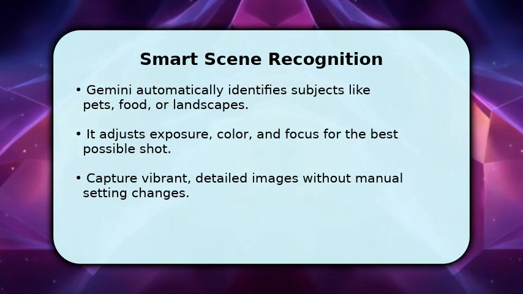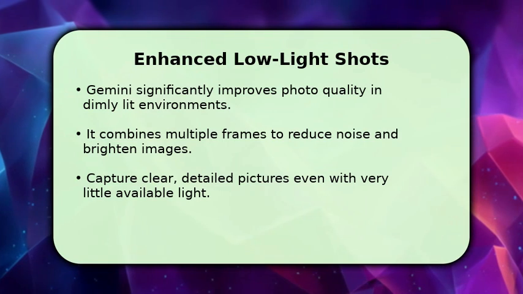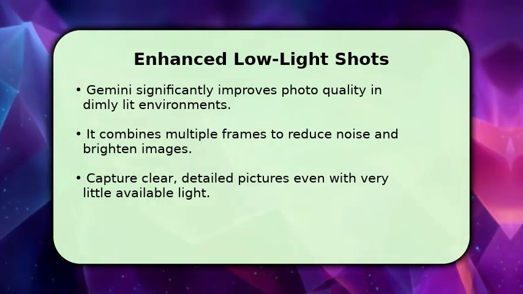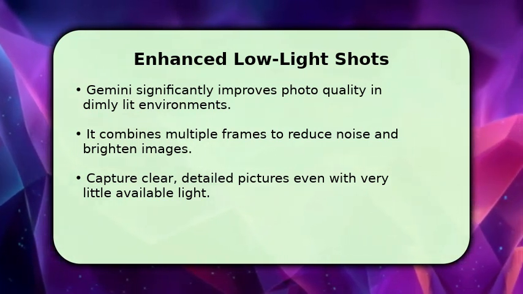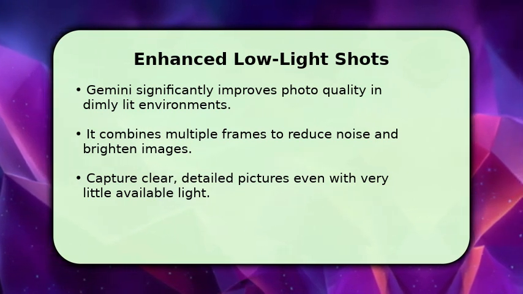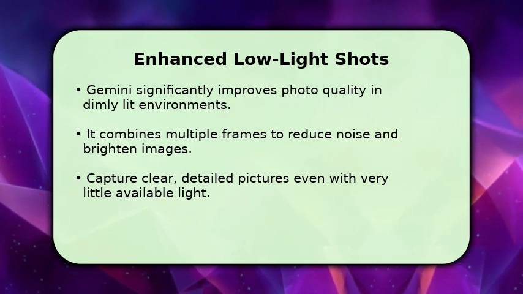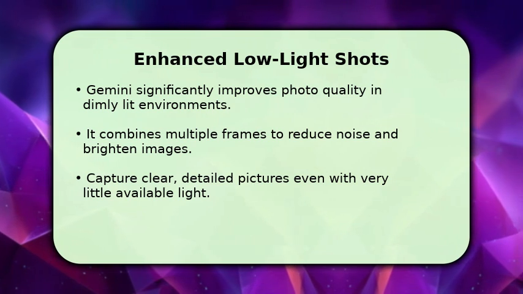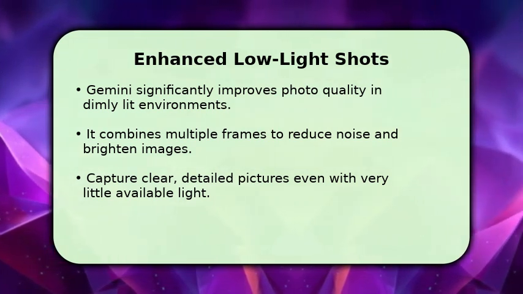adjust anything yourself. Another fantastic feature is Gemini's ability to enhance low-light photography. When shooting in dark conditions, the AI intelligently captures several frames in rapid succession, typically around 8 to 10 shots. It then merges these images, reducing visual noise by up to 70% and boosting brightness. This process results in remarkably clear and well-exposed photos, allowing you to capture memorable moments even when light is scarce,